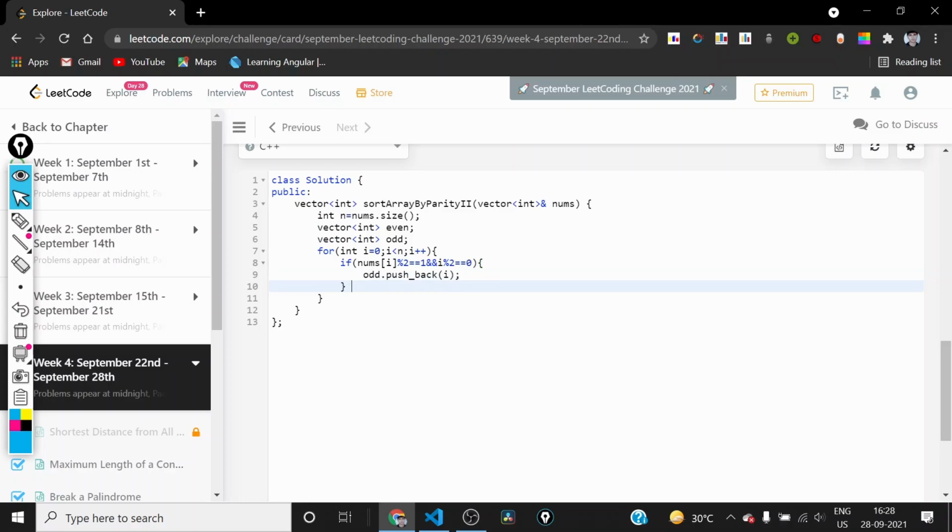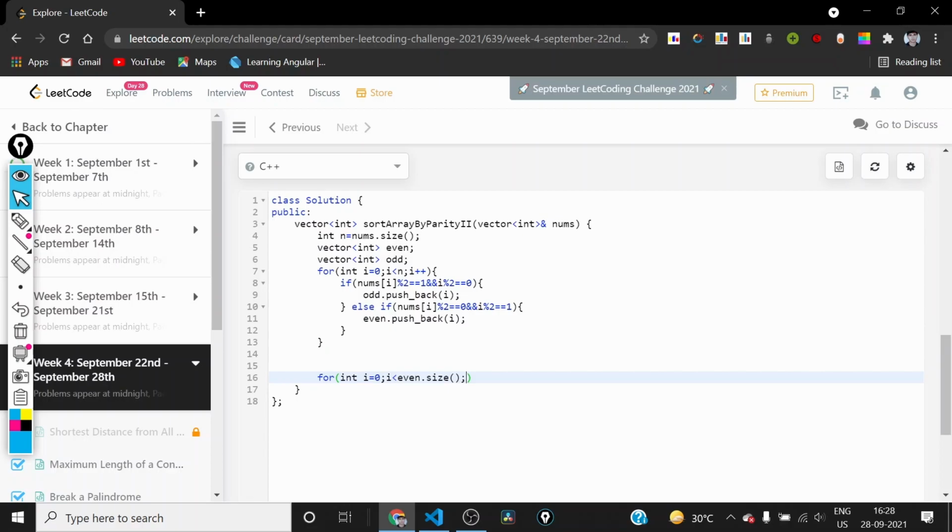And similarly, if nums of I mod 2 is 0 and I mod 2 equals 1, then that should go inside the even vector. Now what we can do, we can iterate over the odd and even. So actually even dot size is equal to odd dot size, because we just saw how those were equal.